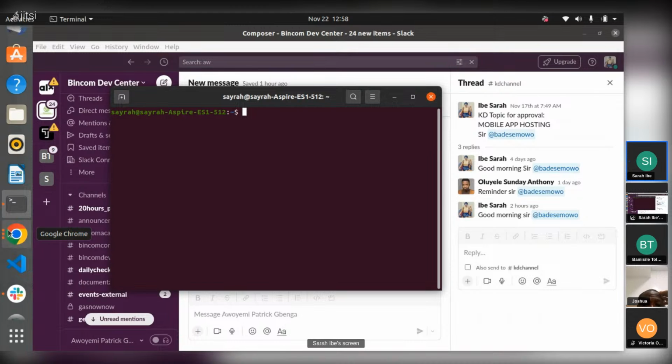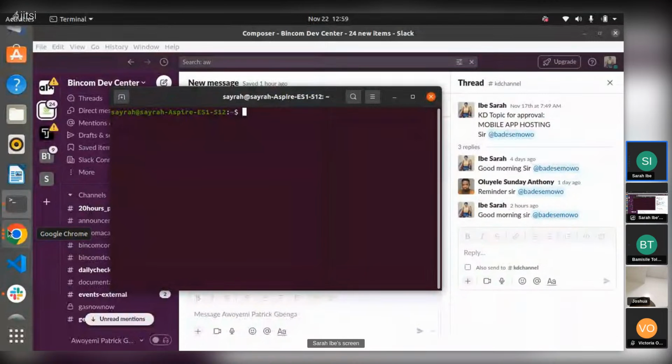But for this class, we are building for Android applications only. That's why we're making use of Android Studio and setting our environment specifically for Android applications. So everything you're doing in this class will only be on Android applications. If you want to test your applications, you are testing them on your Android phones.